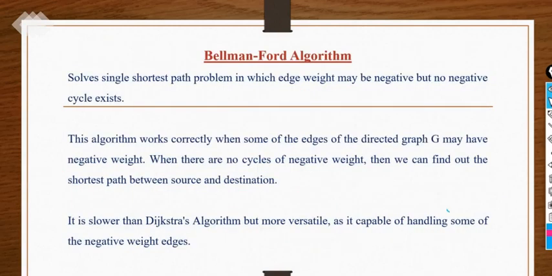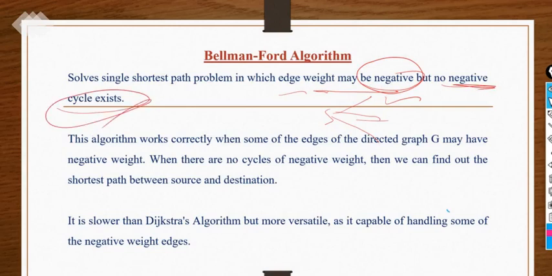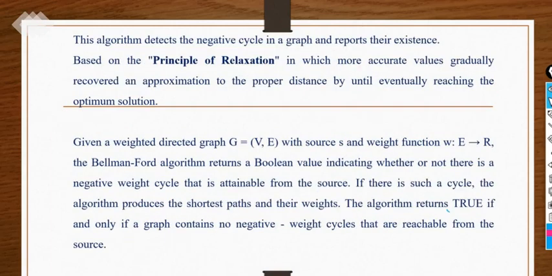have the Bellman-Ford algorithm. The Bellman-Ford algorithm is also used to find the single source shortest path from the source to each and every vertex of the graph, but it also handles negative edge weights. So there may be edges with negative edge weight, but no negative cycle exists. It cannot handle a negative cycle, but it can handle negative edge weights. Bellman-Ford. Okay, so let's take an example here to understand it.